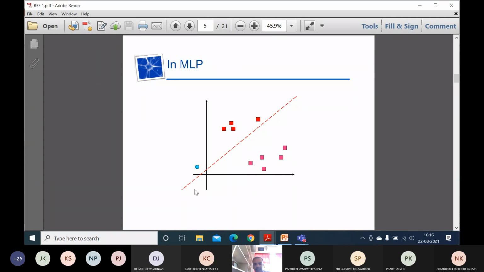This is considered as a multi-layer perceptron, MLP. So we say that this may be a set of boys, and this may be a set of girls. But in the case of RBF, the radial basis neural network, within the boys, this group may have similar characteristics and this group may have different characteristics. So they consider this as one single cluster and this as another cluster. Again, in the set of girls, these three have similar characteristics and these two have different characteristics. So this is cluster number 3 and this is cluster number 4, like that.